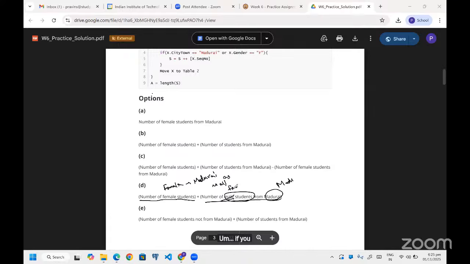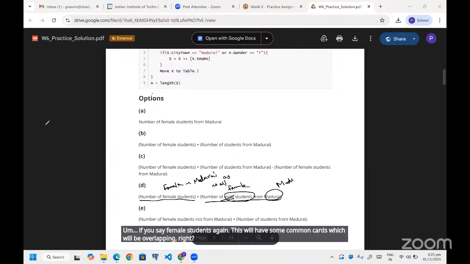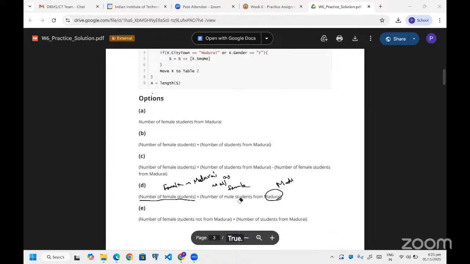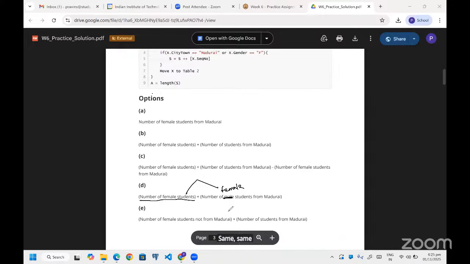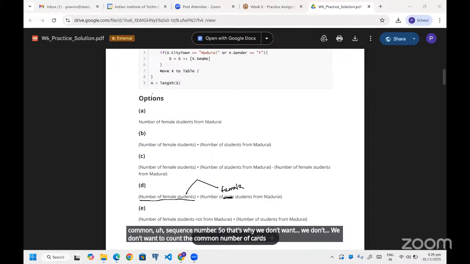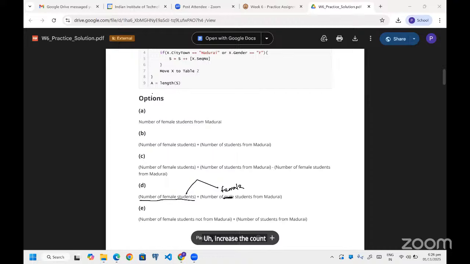If you say female students again, this will have some common cards which will be overlapping, right? True. Are you getting my point? If instead of male, you say female, definitely these two will have the same common card sequence number. Yes, sir. So we don't want to count the common cards, so that it doesn't increase the count more than expected, right?